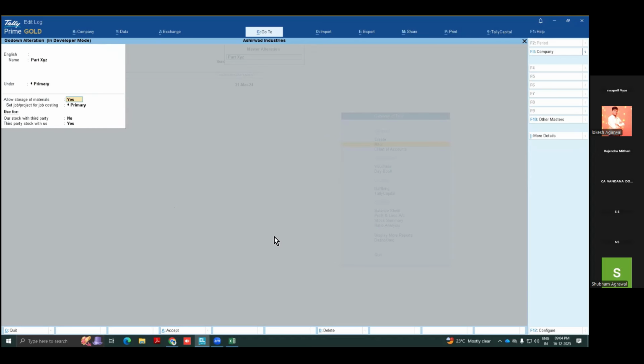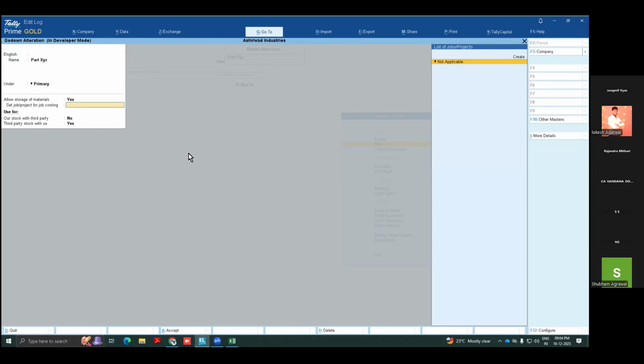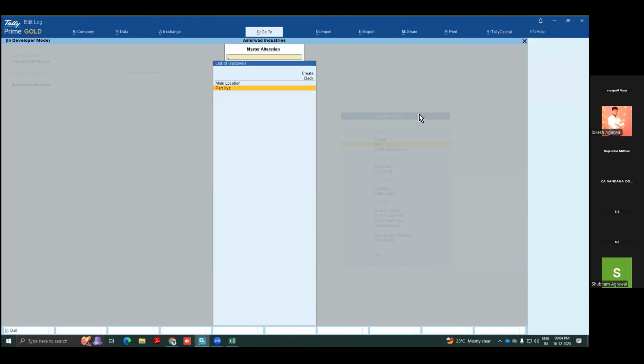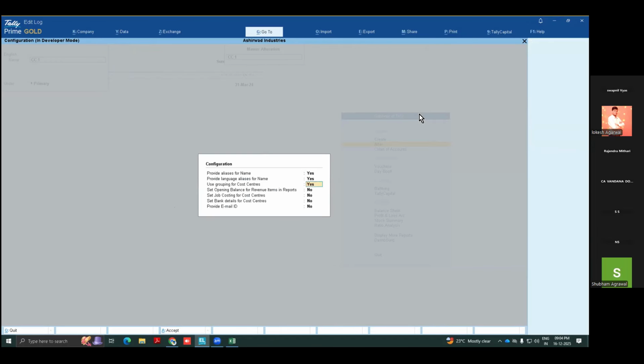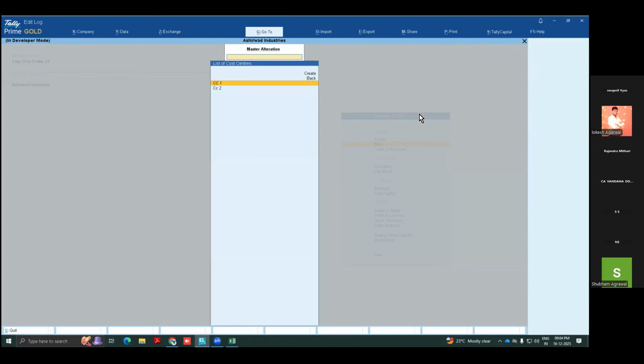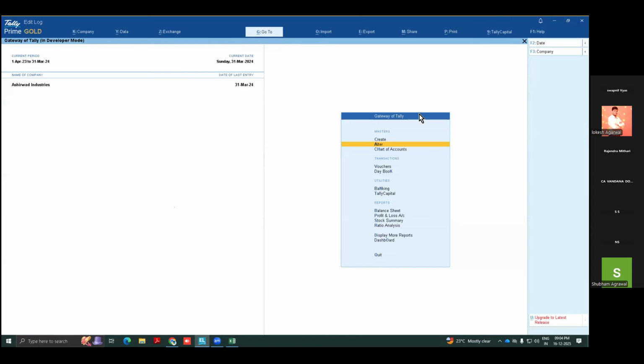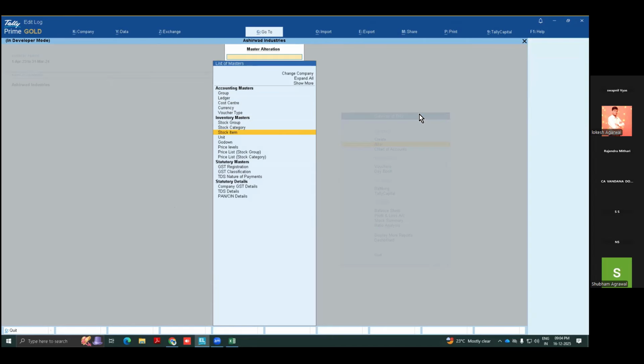Now Tally is asking you which cost center you want to map here. But why is the cost center not coming here? Because in the cost center you have not said that this is used for job work. So in F12 you can set Job Costing yes, and set yes here that this cost center is useful for job costing. Actually this is a huge topic, you can see the video, but I am telling you the shortcut in short time.